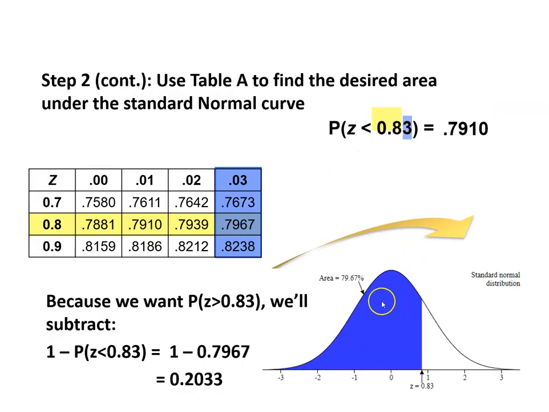Okay, and I can see that here. 0.7967. I was reading the wrong thing. Now, we don't want to the left of that though, we want it above that. So because we wanted the probability or the proportion of the z-scores that's greater than 0.83, we need to subtract it from 1. Why? Because the area of the curve is always 1,